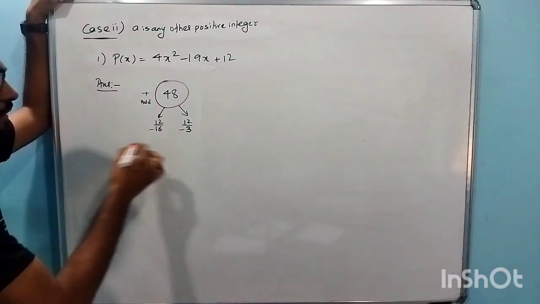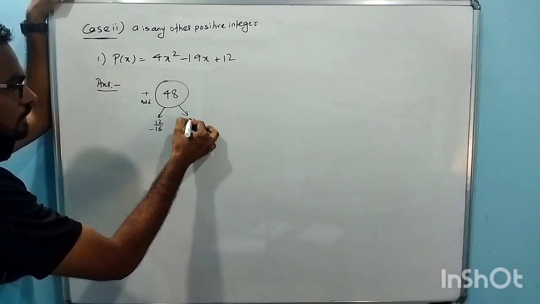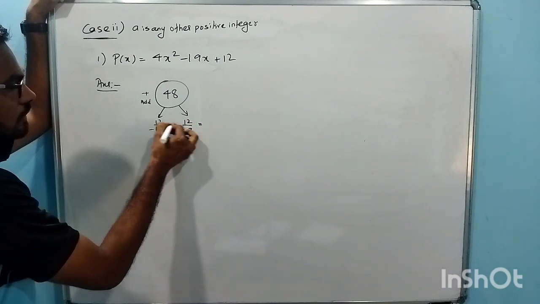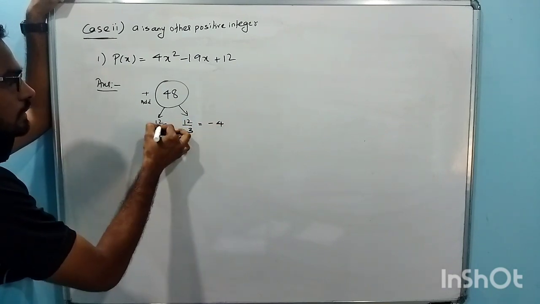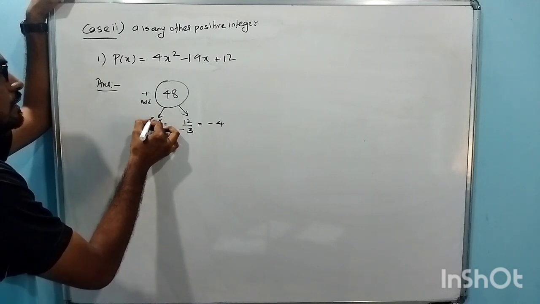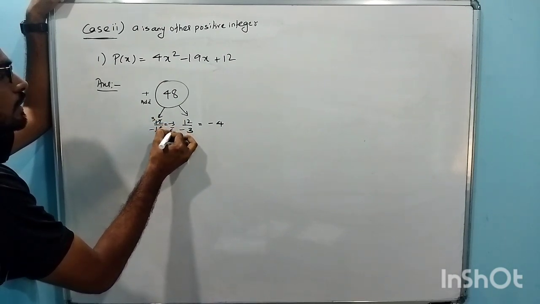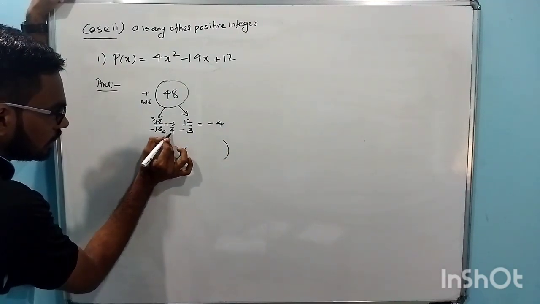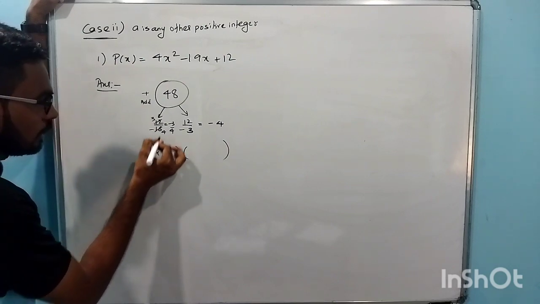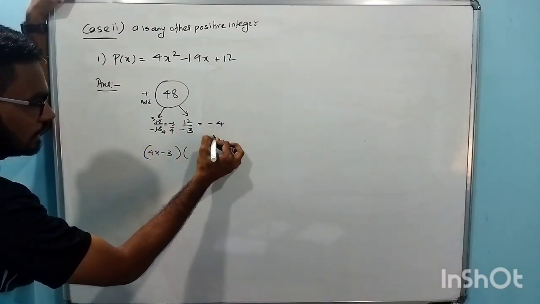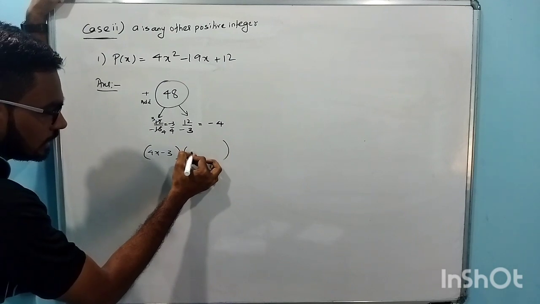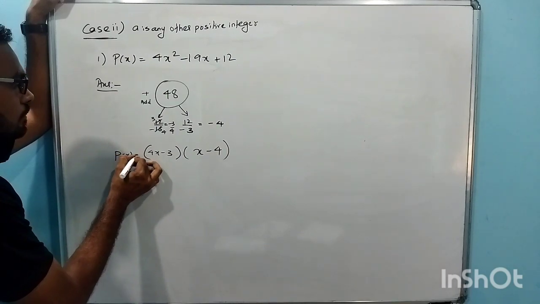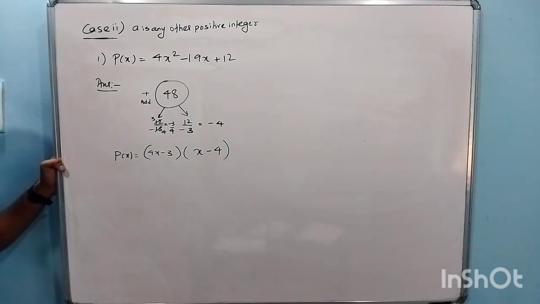Next, simplify as much as you can. So this will become minus 4, correct? This will become minus 4, and this will become minus 3 upon 4. After that, put brackets like this. See, this 4 is there in the denominator. Just write here 4 and then x, then minus 3. Same way here. If there is anything in the denominator, just write that beside x minus this number 4. So these are the required factors of this.